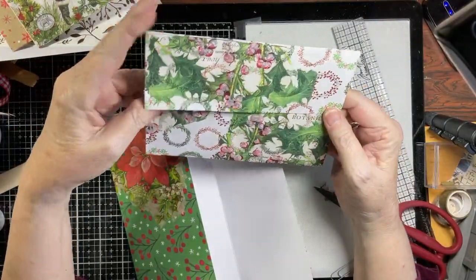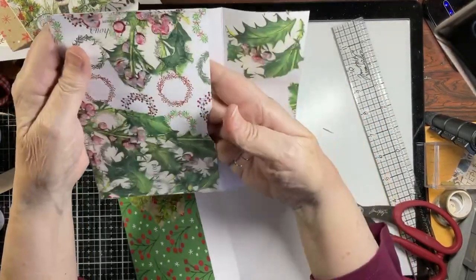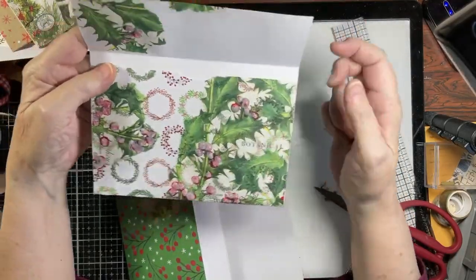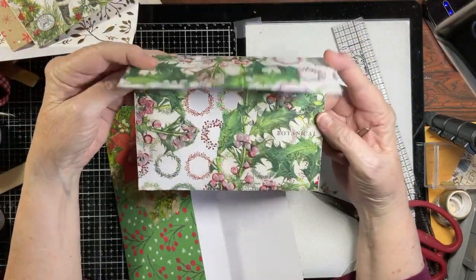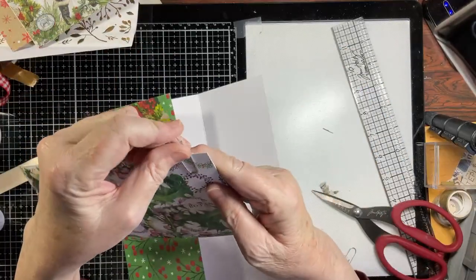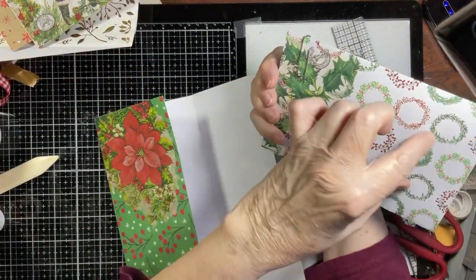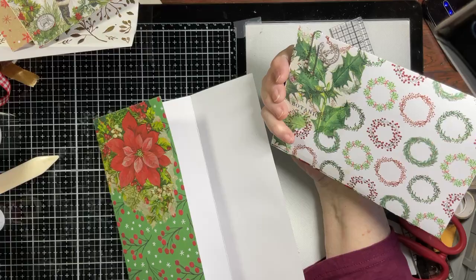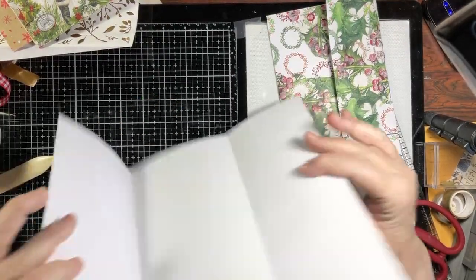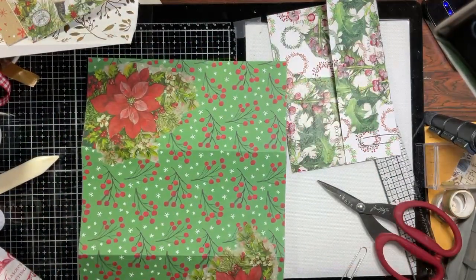I thought about rounding the corners. I did glue the ends. You can stitch it then. I took a divot out. And I like the white. That doesn't bother me. I just think this is really, really pretty. And I might round the corners. I might. I need to look at it a little bit. You could put a label here, a Christmas label. I mean, there's a lot that we're going to come back and be able to do with these. But right now, let's go ahead